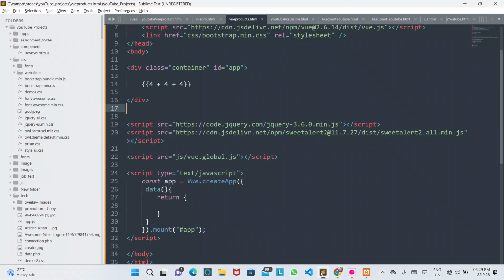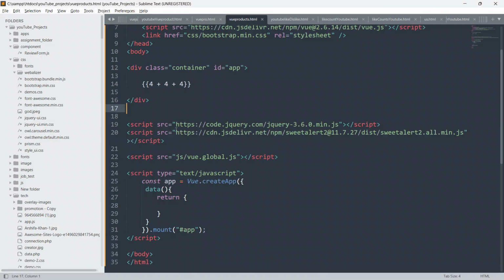Which means our code is working fine, and now we are good to go and write our Vue.js code. As you all know, whatever expressions or code we want to show as output, we have to put inside the double curly braces. I have explained this many times in our previous videos: whatever expressions or code we want to show to the user on the browser screen, we have to write inside the double curly braces.